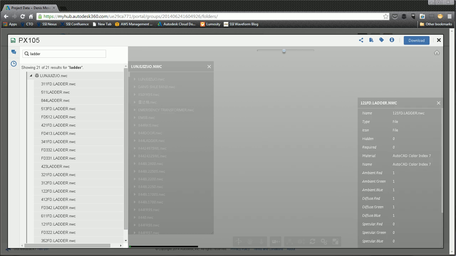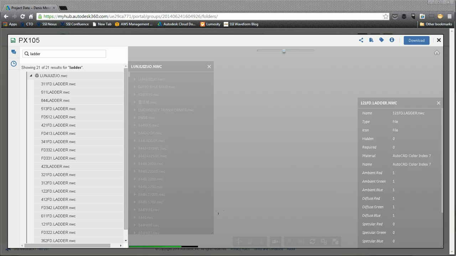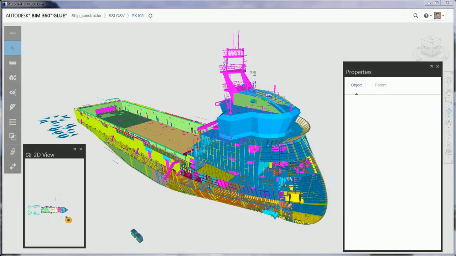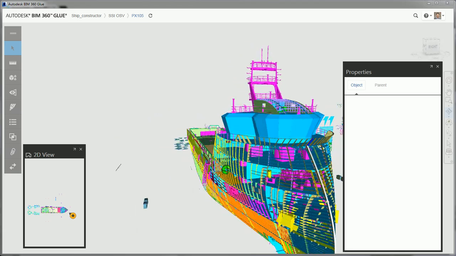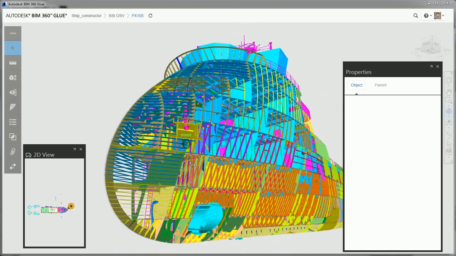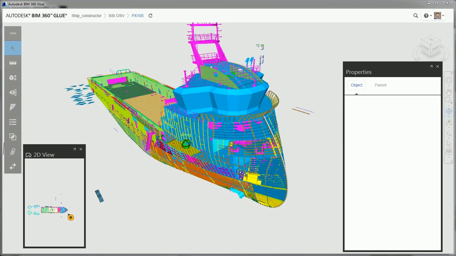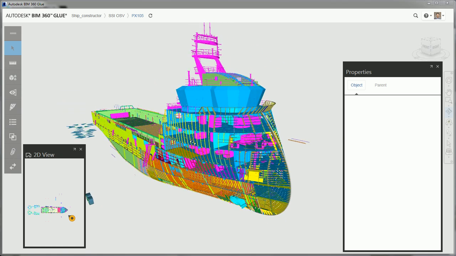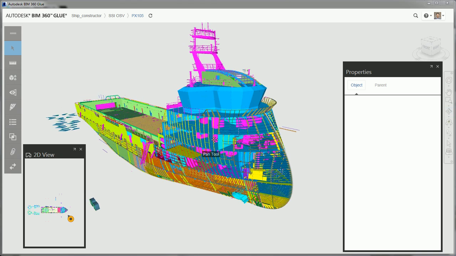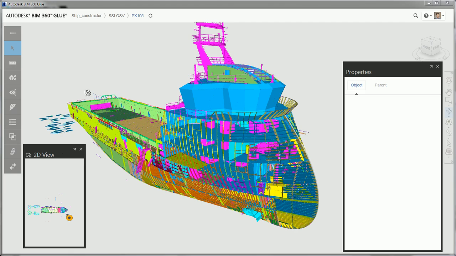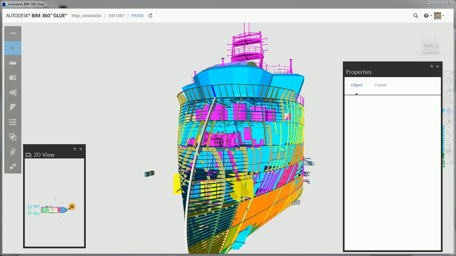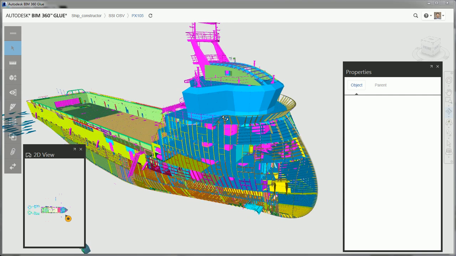And I just want to show you the exact model under BIM 360, so you can compare. This is the exact same model that I used. You can see that the performance in BIM 360 is a little bit faster, and this is what I'm more accustomed to. This is more of a web app than a pure browser format. So obviously, there are benefits and issues with each one depending on what problems or challenges you need to solve. You can see it performs a little bit better in this web app, as well as